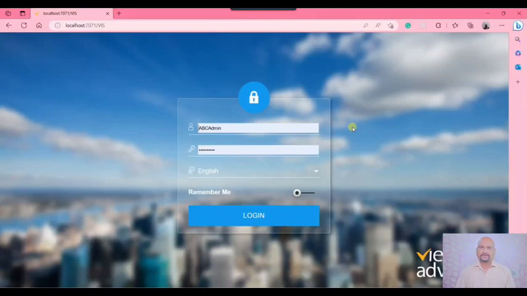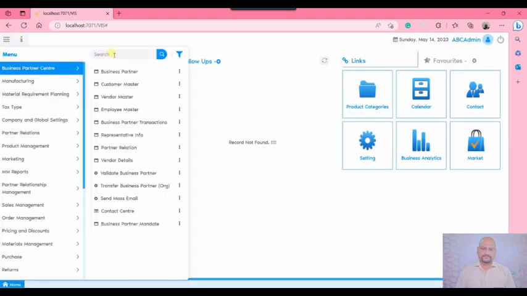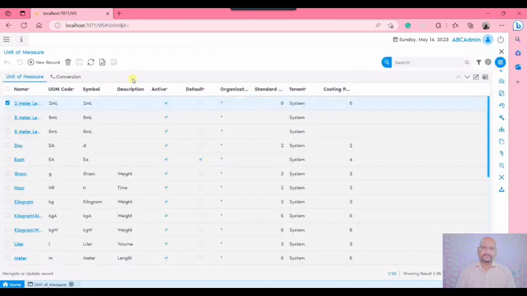So I'm at my login screen, that is the ABC admin I'm logging into, and we'll create the unit of measurement in the VA system. So let's log in. When you log in to the system, you need to search for the unit of measurement window using the search utility available in the menu. So you would be able to figure out the unit of measure window. Click onto the unit of measure window,